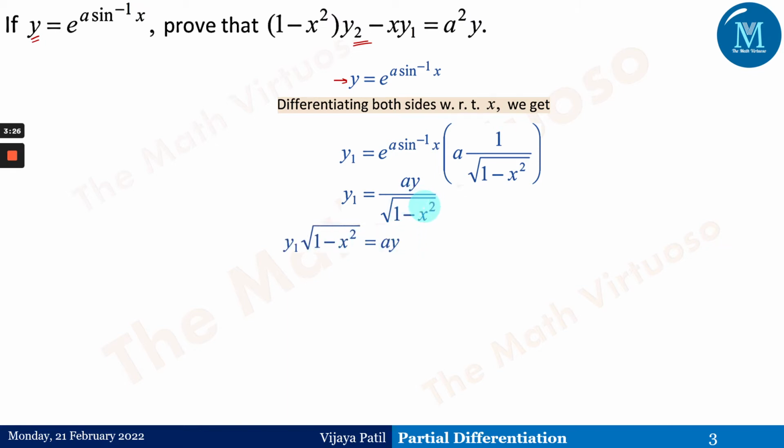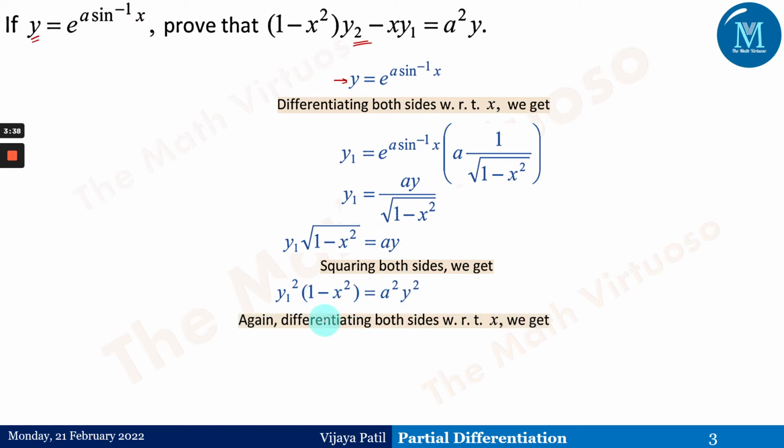Taking this square root of 1 minus x squared to the other side, we get y1 square root of 1 minus x squared is equal to ay. Squaring both the sides, we get y1 squared into 1 minus x squared is equal to a squared y squared. Differentiating with respect to x, we are going to get